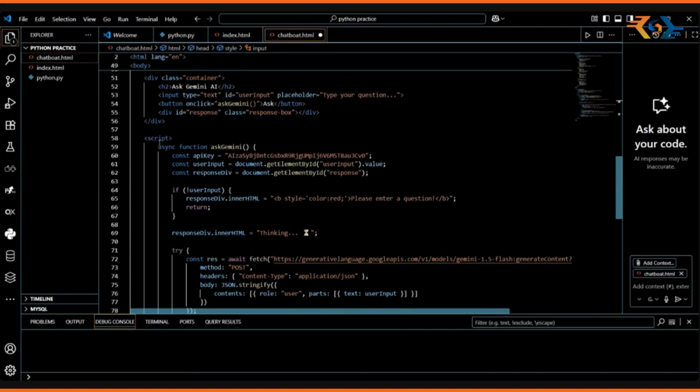You see the script tag here. Okay, it starts a JavaScript function named askGemini. Okay, I created a JavaScript function whose name is askGemini. And why did I create the function? Because I want to perform some operations. That's why I created this function, which is named askGemini. And inside the function,